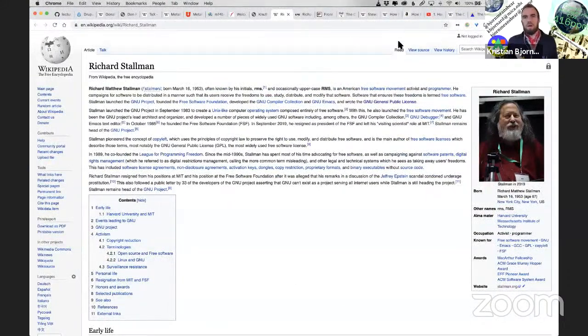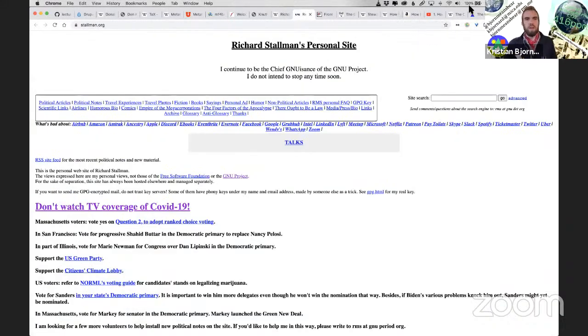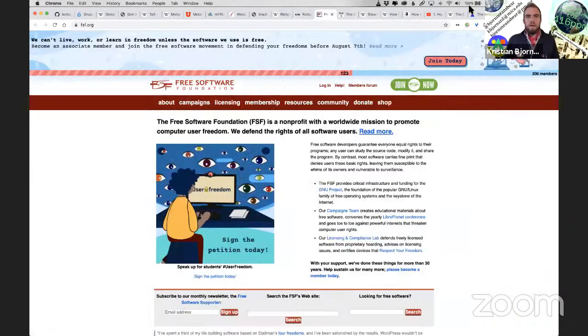Okay, so poor typesetting makes somebody want to create some free software to share with everyone. A bad printer makes somebody want to share free software with everyone. And then